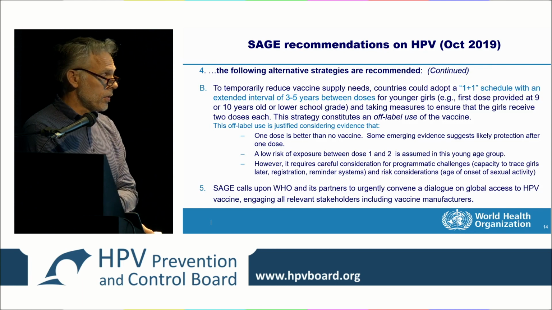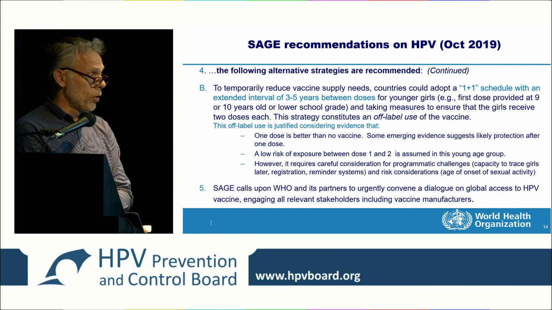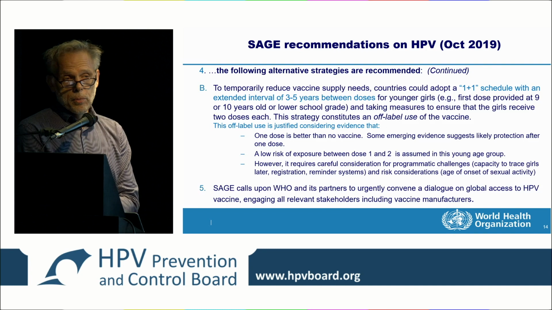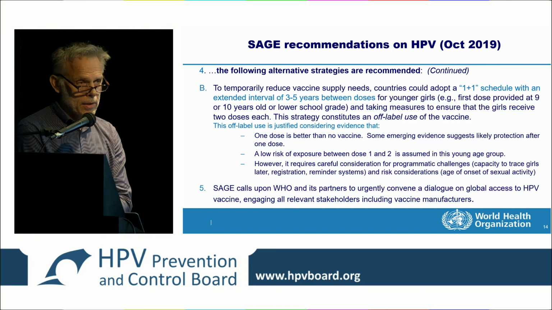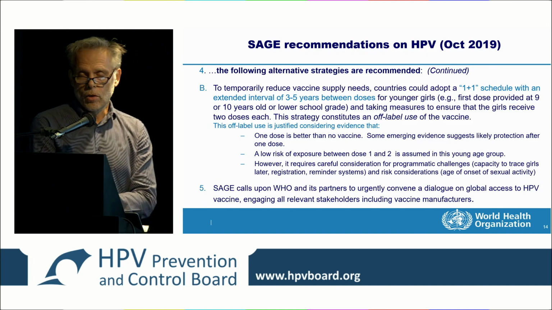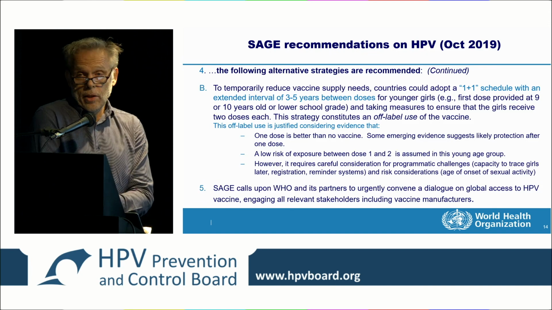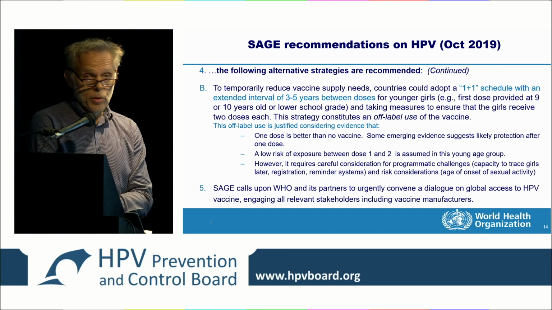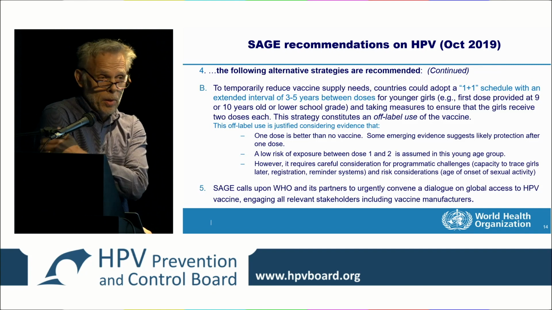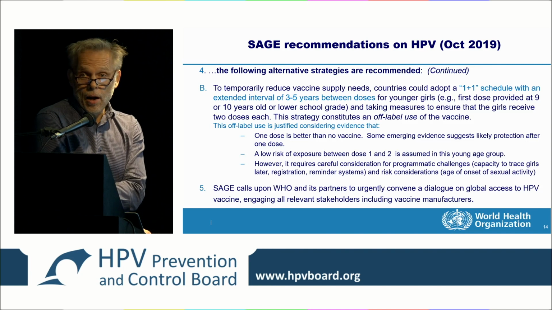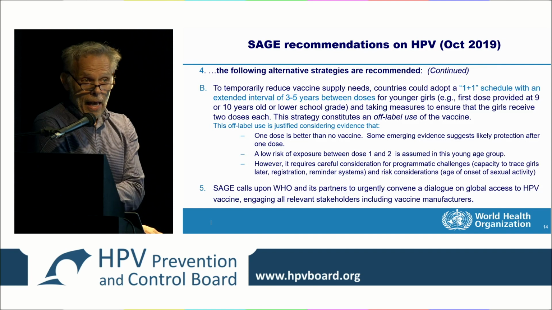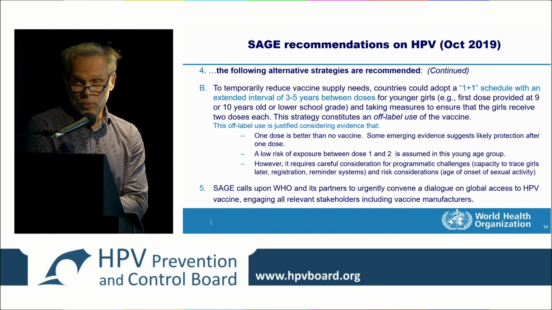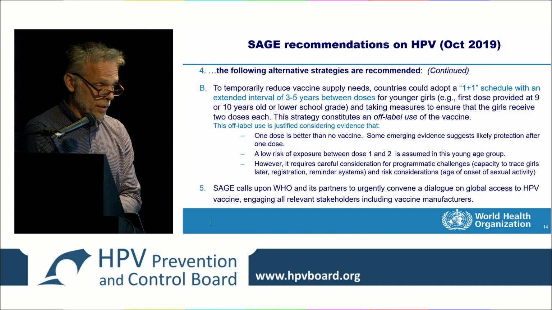And then SAGE calls on WHO and the partners to have a dialogue on global access to the vaccine. So I think, you saw the global market study, we've already started to work more concertedly on this. I think we will ramp up this issue and have this dialogue with all partners, which also means with countries. So it's not excluded that we will place a call to the minister in the Netherlands and say, well, you just published that you will introduce in 2021. Are you sure? Shouldn't you be thinking about 2023 or 4? And so, how exactly this works, we don't know, because we haven't done that. But that's an interesting discussion.